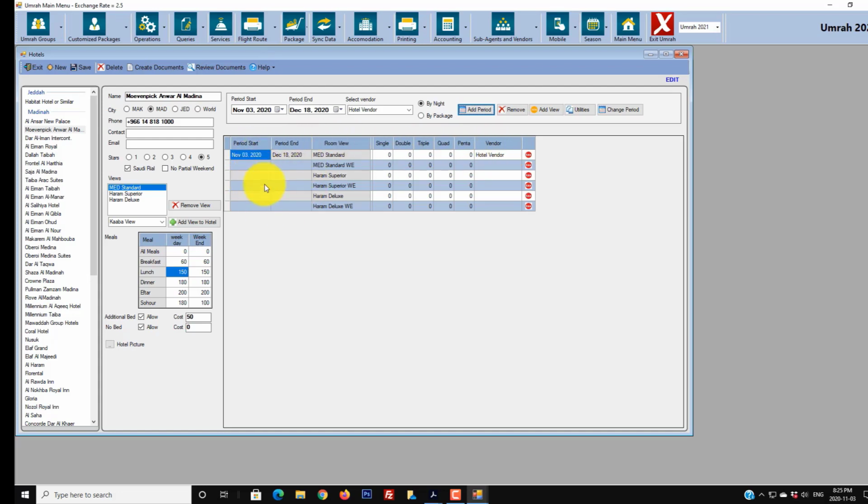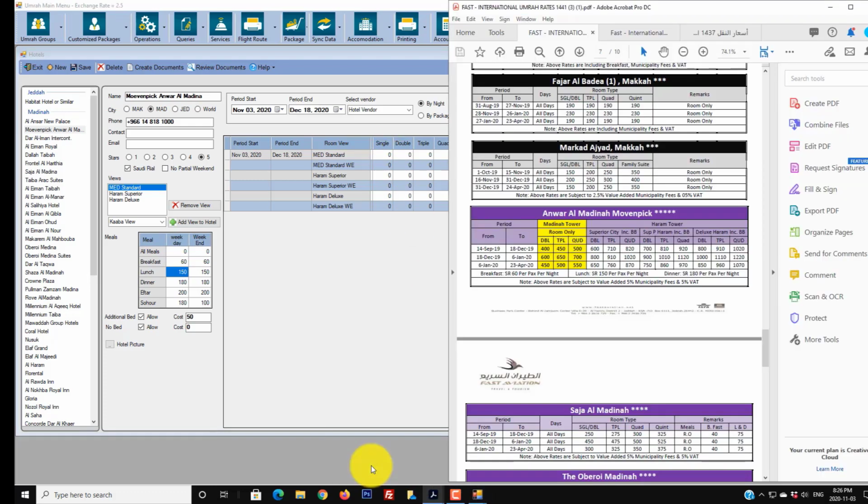So the vendor of this particular period is called hotel vendor. Okay, and right here it's showing you that there are some taxes, and we'll show you that in a second how to ensure that you are calculating the taxes properly. Okay, for now I want to start putting some prices, so I will come back to my sheet and say,